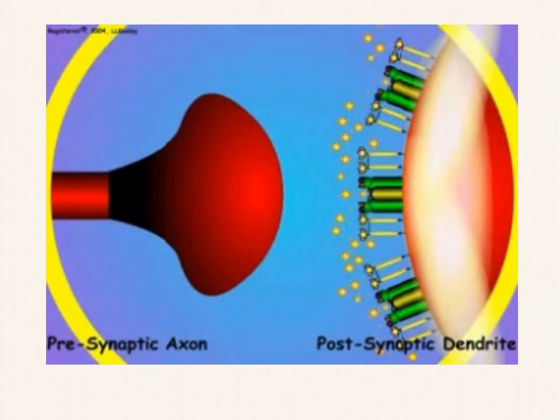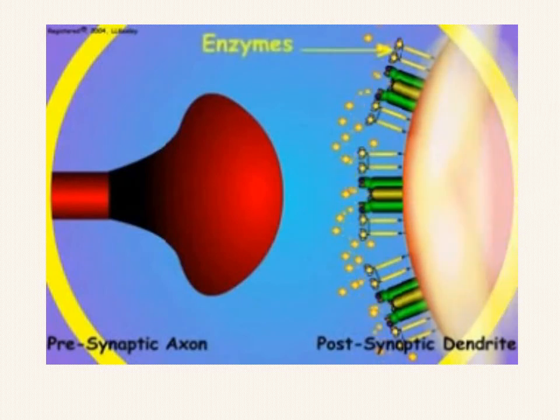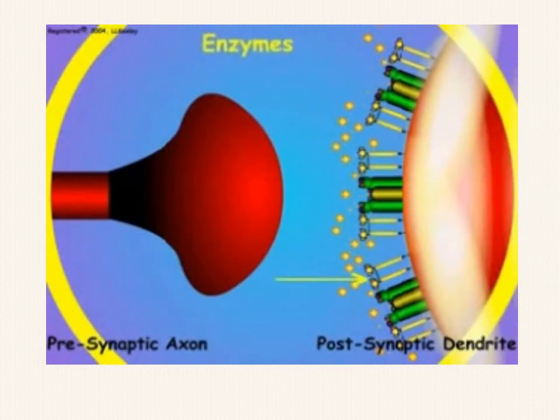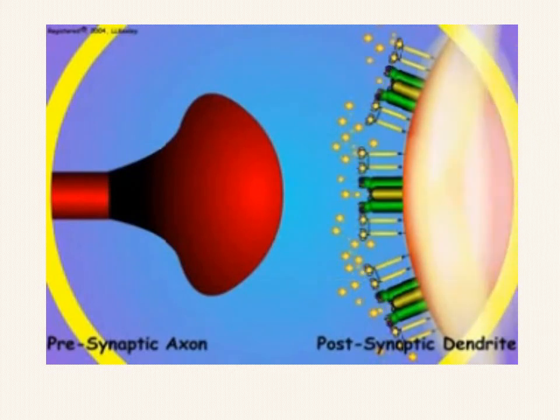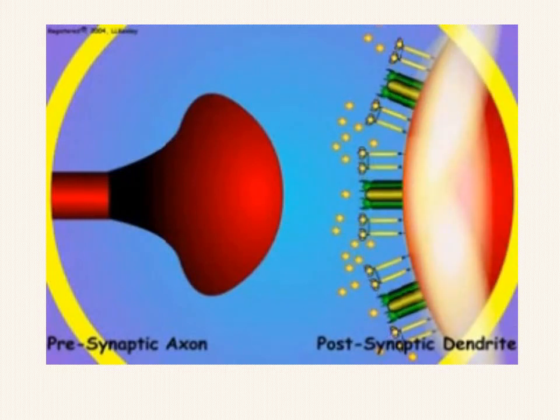To stop the depolarization of the postsynaptic region by the neurotransmitter chemicals, proteins called enzymes are present that destroy the neurotransmitter chemicals. When the neurotransmitter chemicals are eliminated, the postsynaptic sodium channels close, the sodium is transported back to the outside of the postsynaptic membrane by the reactivated sodium pumps, and the